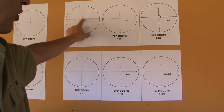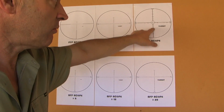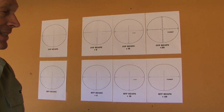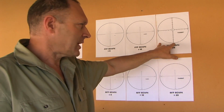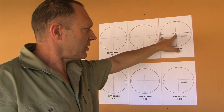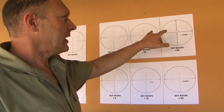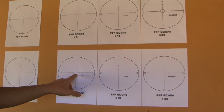The opposite happens. It zooms right in, and then it's only the center piece of the reticle you can see, and your reticle lines become very thick. So this becomes quite an issue when trying to target small things. If you have a small target at extreme range, your reticle lines can be as big as your target. So then you can't see, you have to actually position it to the side because the reticle lines become an issue. So if we come back down to the second focal plane,